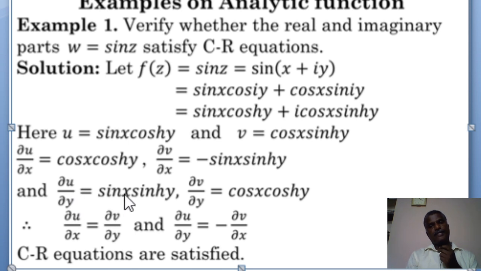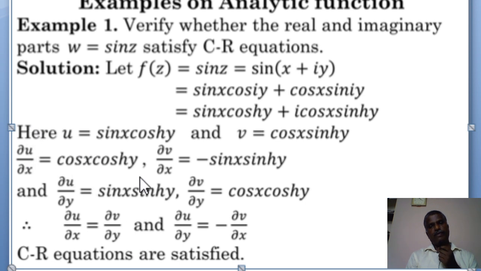So keep sin x as it is. Differentiation of cos hyperbolic is sin hyperbolic y, and differentiation of v with respect to y, dou v by dou y, cos x as it is. Differentiation of sin is cos hyperbolic y. So by comparing, by observing, we see that dou u by dou x is equal to dou v by dou y,